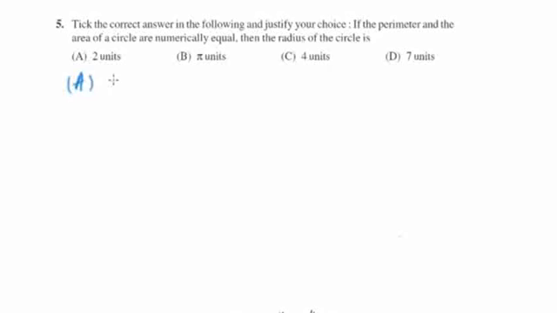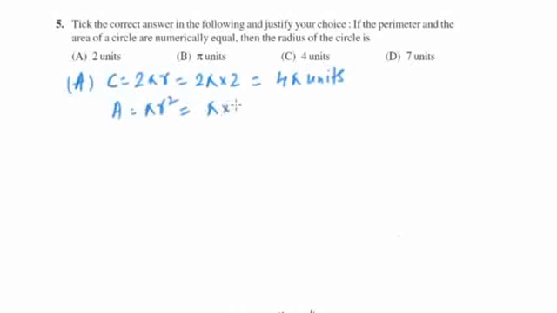So let's start with the A part. The radius is given, that is 2 units. And we know how to find the circumference of a circle, that is basically 2 pi r. So it will be basically 2 pi multiplied by 2, which is same as 4 pi units. Now let's find the area of the circle, and we know the formula to find the area, that is pi r square. The radius is given, that is 2, so it will be pi into 2 square, which is same as 4 pi square units. So as we can see that numerically the circumference and the area is same. They are both 4 pi. So for radius 2, they are the same.